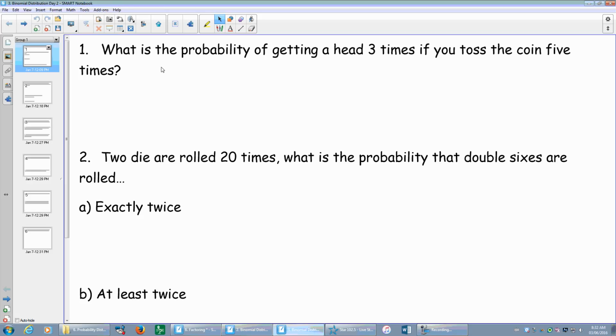Okay, so we are going to be continuing to talk about the binomial distribution. It says here, what is the probability of getting a head 3 times if you toss the coin 5 times? If you remember yesterday, we talked about our formula here. So I'm going to write the probability of 3 heads